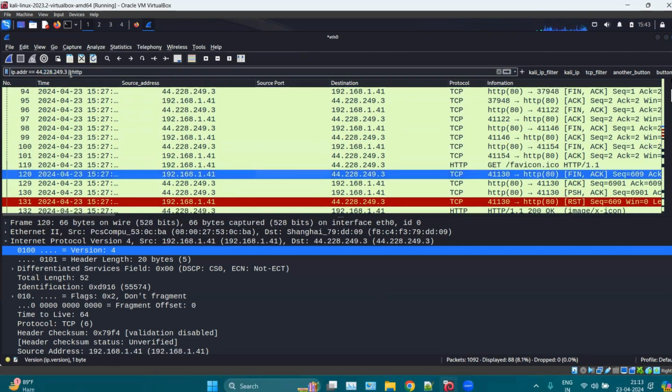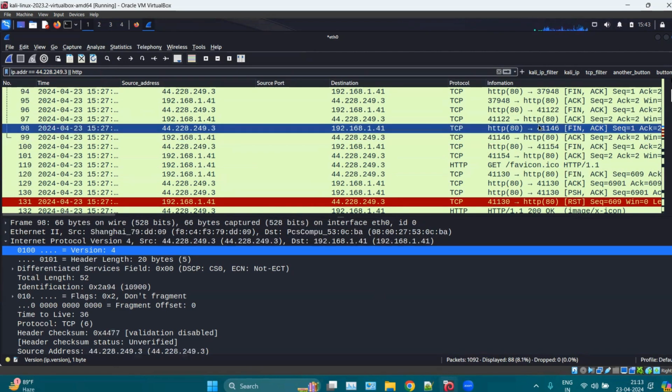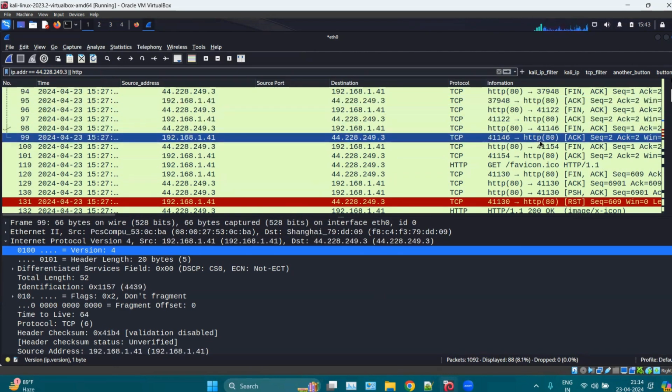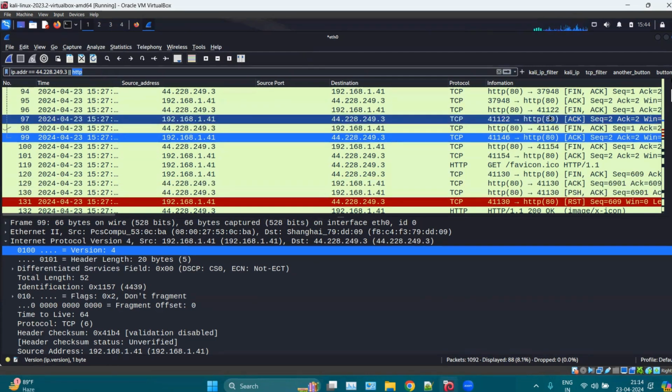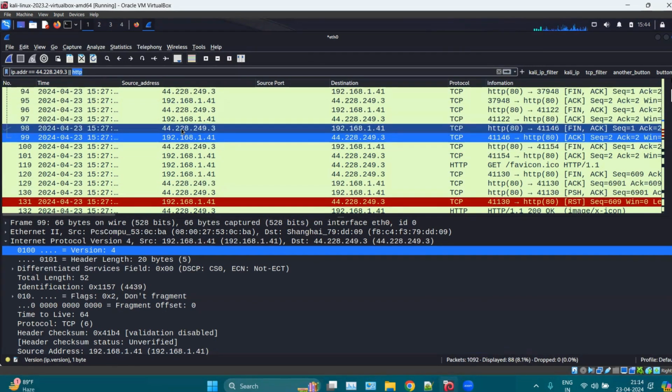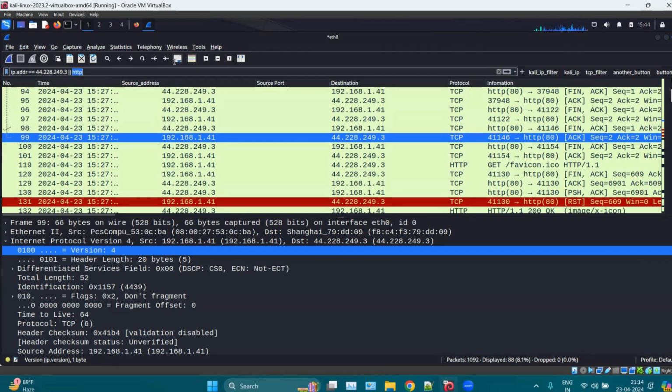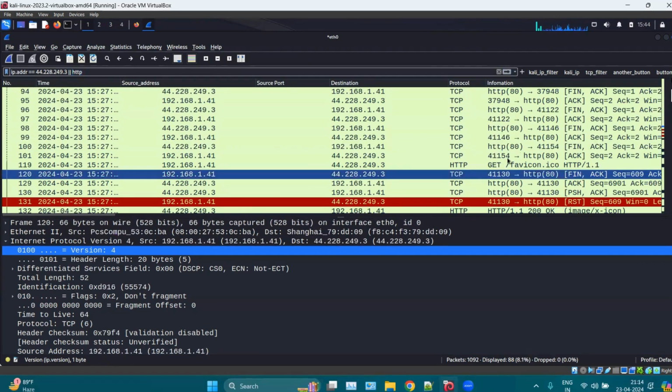Okay, because I'm using the OR condition here, it will show me the TCP packets also, apart from HTTP. And then OR HTTP. So this will show me the HTTP packets as well as packets of other IPs also. Okay, for example, if I scroll down,